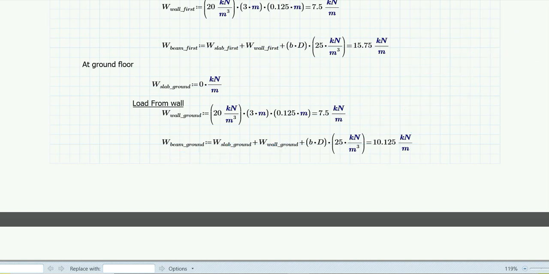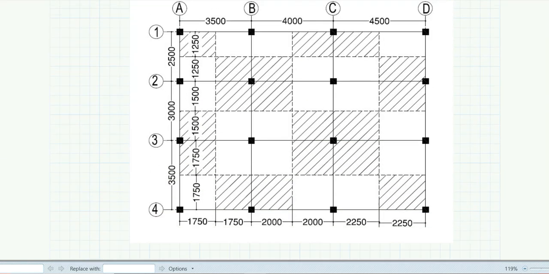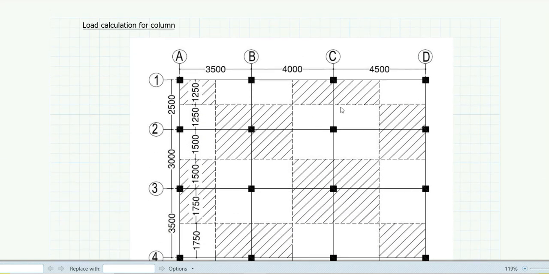Now, how to calculate the load in the columns? For that, just like how the load is being transferred from slab to beam, similarly some different approaches are adopted for transferring the load from slab to a column. In this case, while considering the column, we take half of its beam sections. Okay, suppose we are considering this particular column. In this case, you just take half of all the sections.